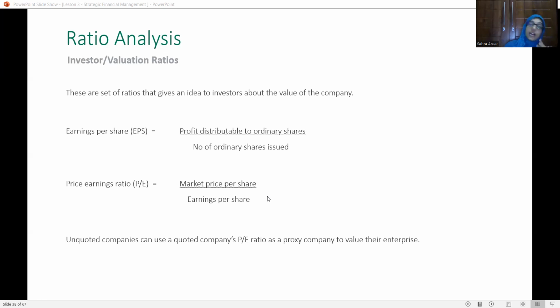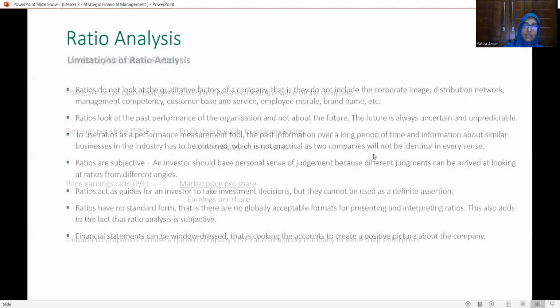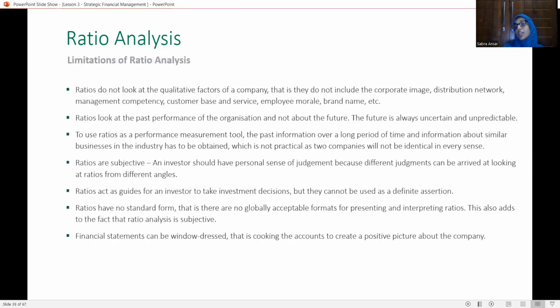An unquoted company can use a quoted company's PE ratio as a proxy company to value their enterprise. An unquoted company will not have a method of valuing itself, so the PE ratio of a proxy company will be used to value their enterprise. These are methods used by investors in order to invest in the company and see whether the organization did well,